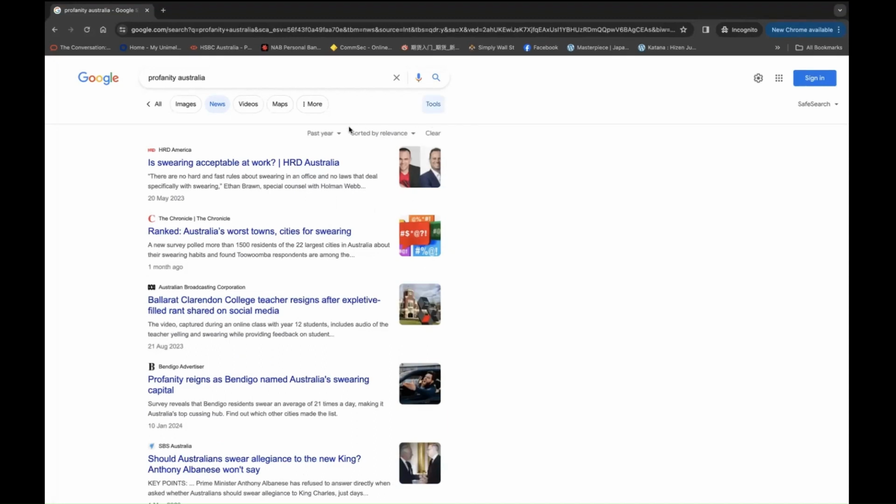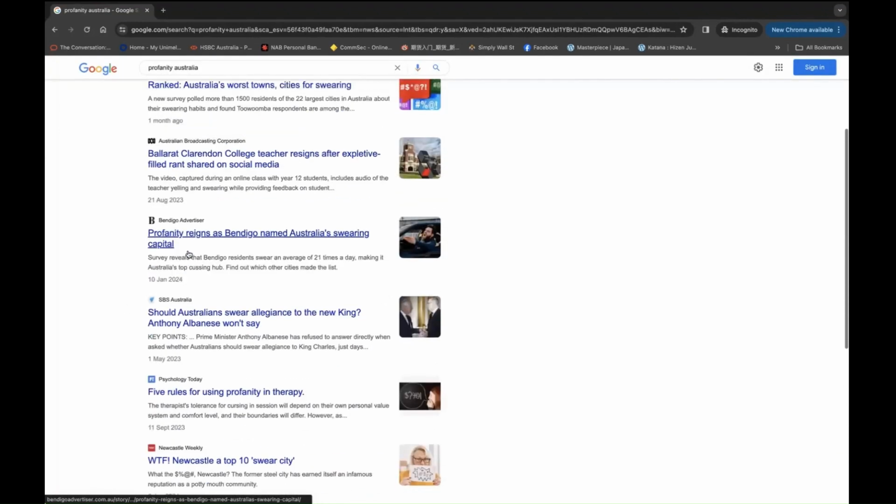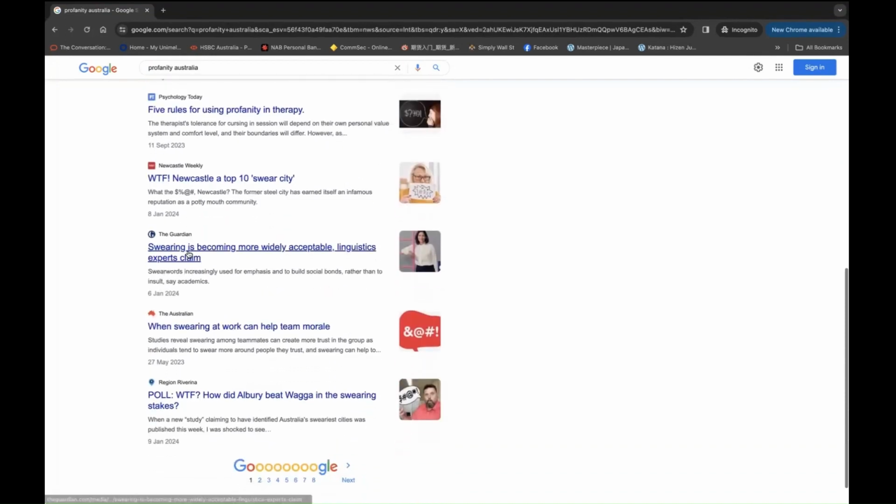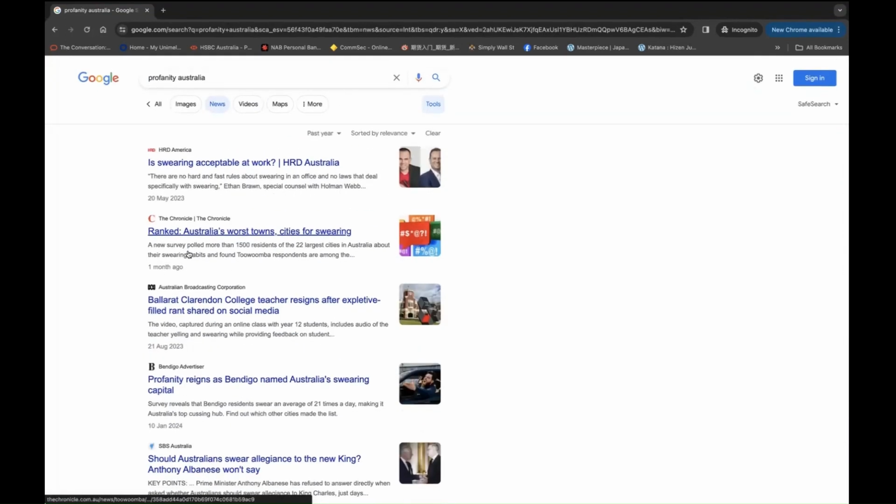So you see that? I went to Tools and changed Recent to Past year. That filters out all the examples that are relevant in the past year. Can everyone see the same thing as what I'm seeing? And then you have all these websites. All you have to do is click every single one of them, essentially, and you want to fill out examples.